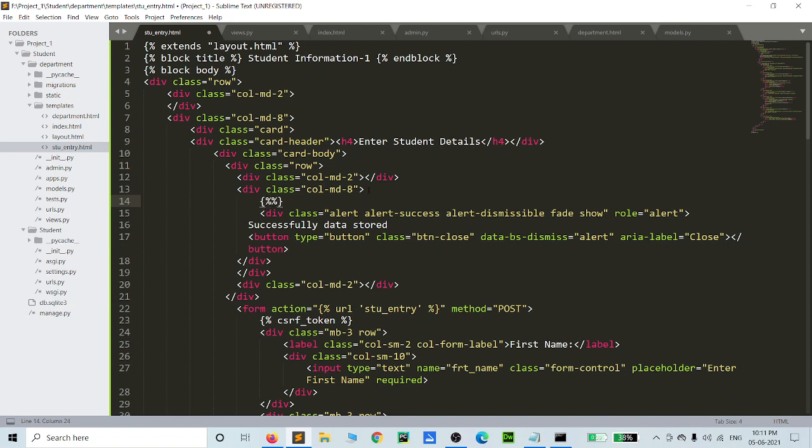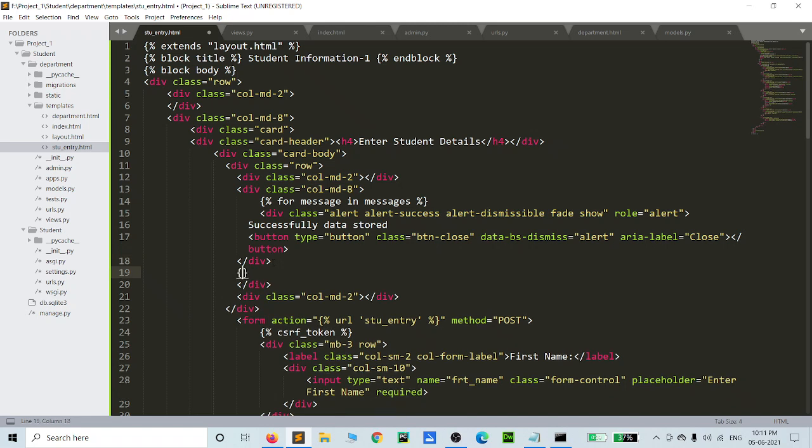We can go to check the for loop, for message in messages. Okay, then after that we can close it with endfor.